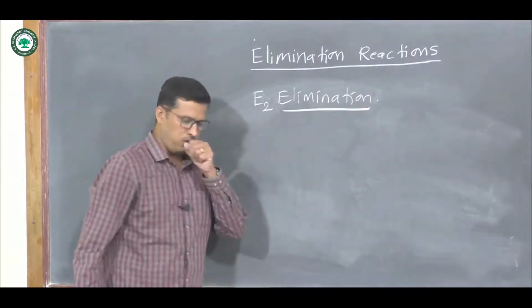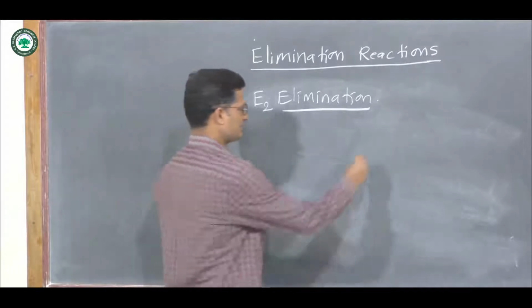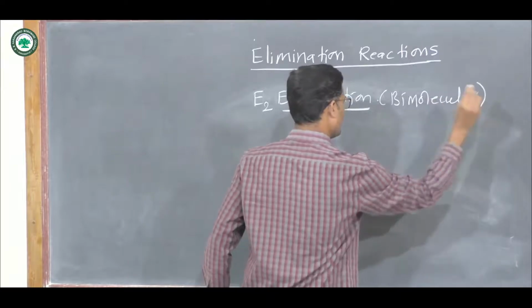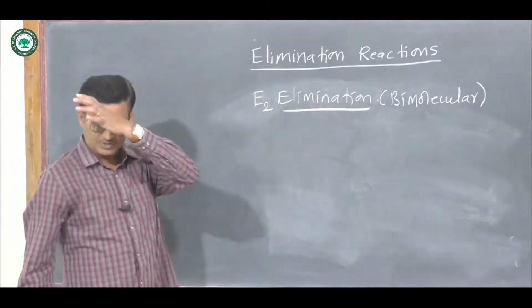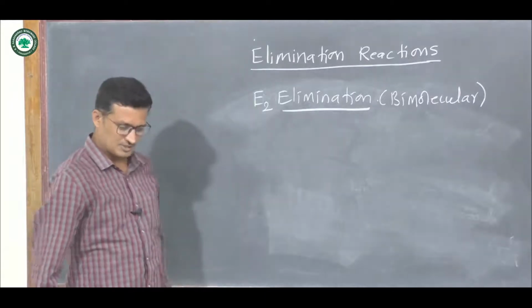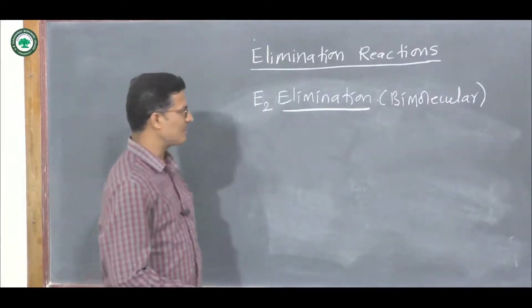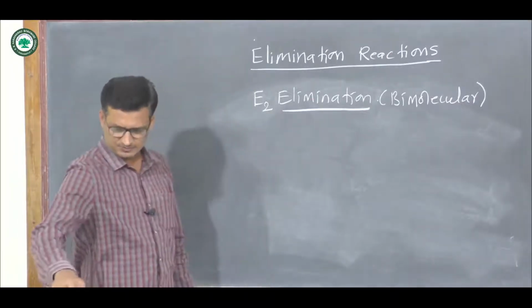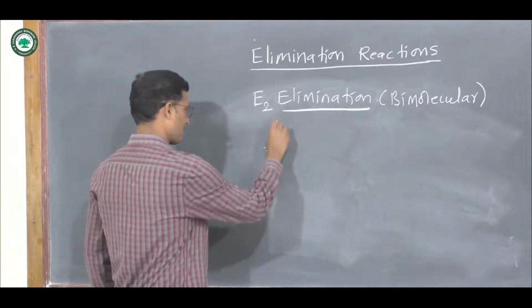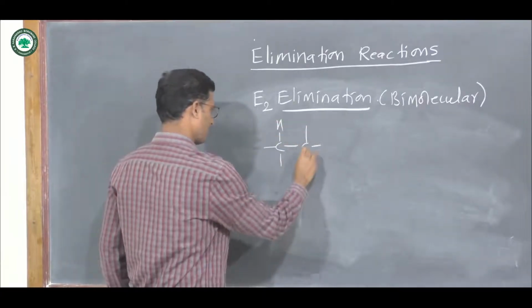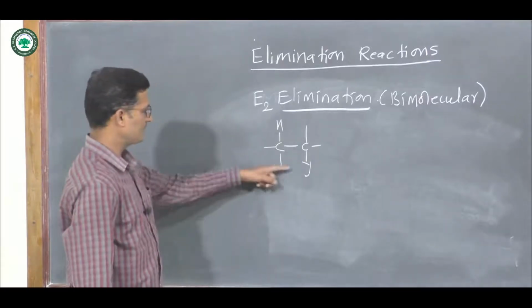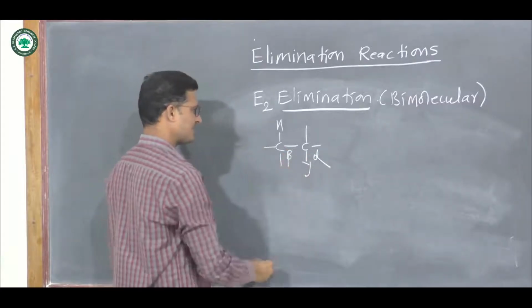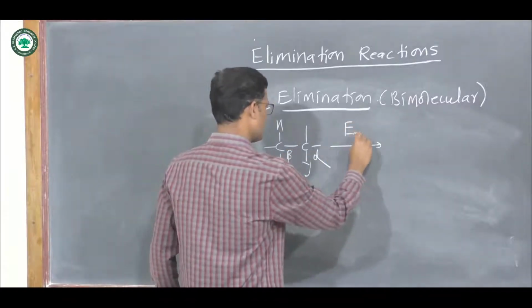This E2 elimination is called a bimolecular reaction. So what happens in the case of E2 elimination reactions? This is the bimolecular reaction. Let us take a simple example and write this. This is your leaving group, this is the alpha carbon, this is the beta carbon. When we do the E2 elimination,